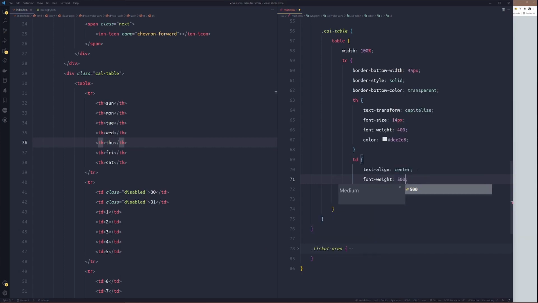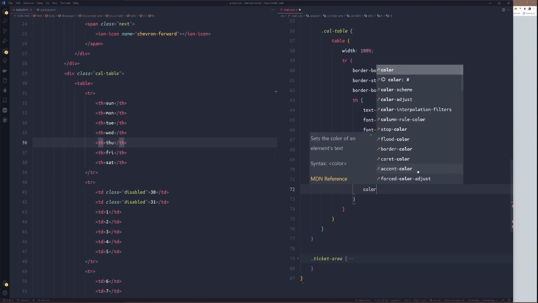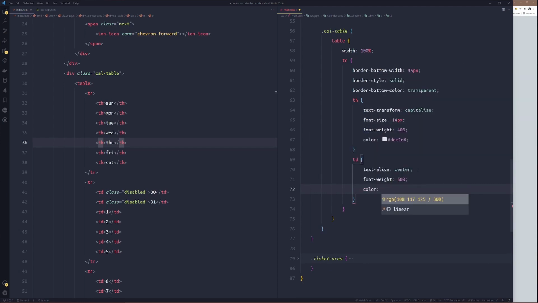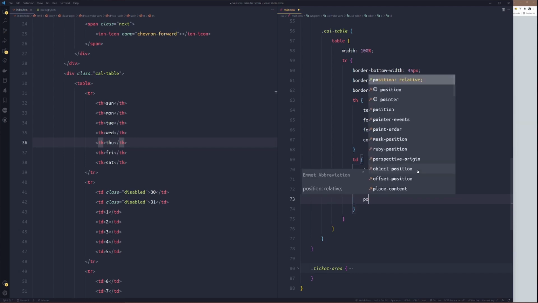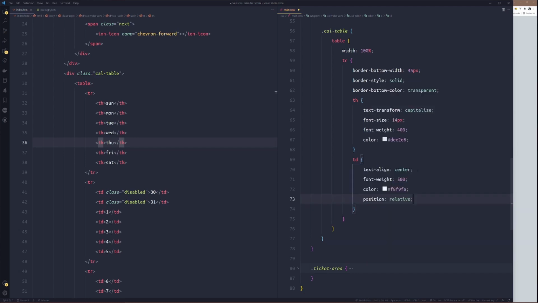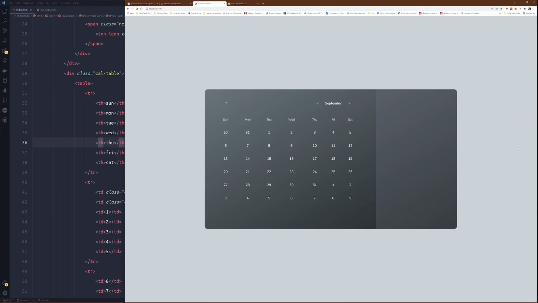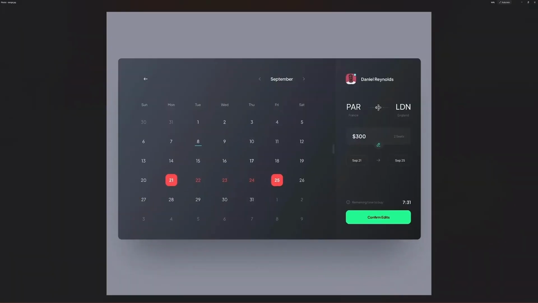Font weight 500. Color will be F8, F9, FE. Then we set position to relative, then cursor to pointer. Okay. All right. We'll see the table take shape now.